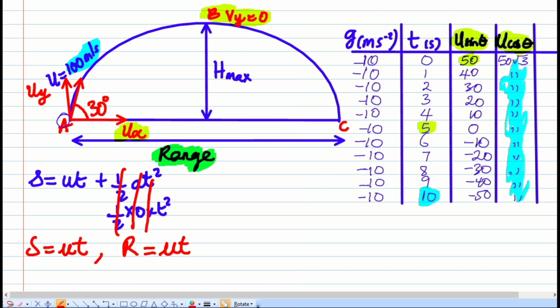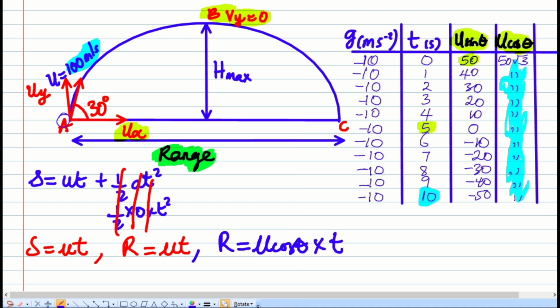All right, so we are on the right track. So let's now see what we can do. Okay, let me just rewrite it. So we have R is equal to, now what's U? Remember, we can't use U as 100 meter per second because this is the resultant of the speed. We're going to use the horizontal component, which is U cos theta. So U cos theta